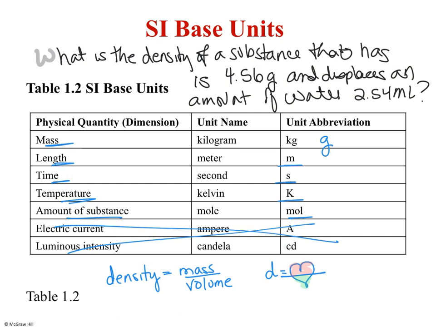Okay, so then you would need to recognize that g is mass. So then you would know to put that on top, 4.56 grams, and then you would need to know milliliter is,